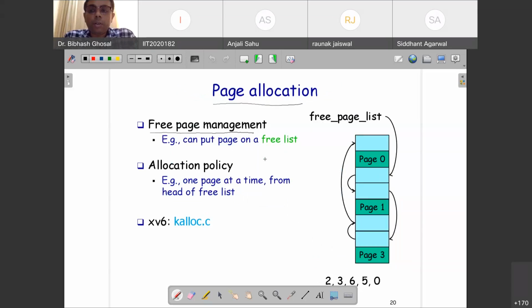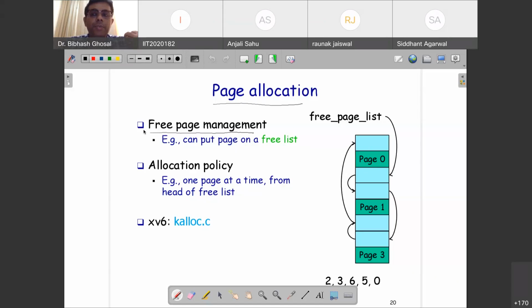So now the question is, now that we know that we work with pages, how are they allocated? How does the kernel allocate the pages? What the kernel does is it maintains a list of all the free pages that are there in the system. Whenever a process has to be allocated some space in the physical memory,